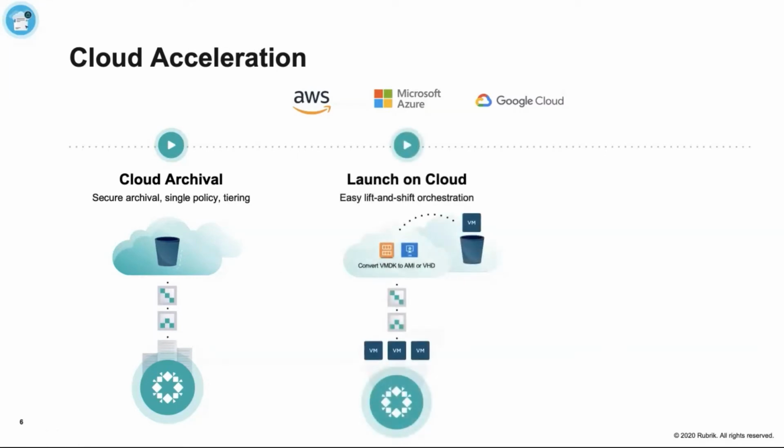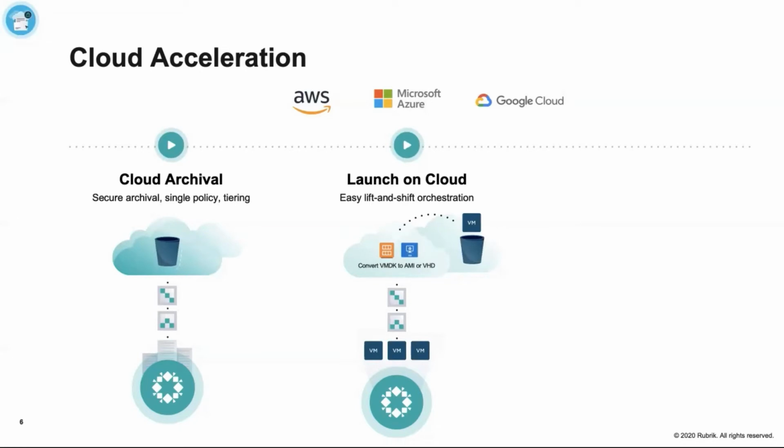The next core bucket of what we do is the ability to instantiate data to the cloud, or launch on cloud. So if we use, say, AWS as an example, we can take data and push it to an S3 bucket for long-term retention. And then we can actually take that data that's living dormant in an archive and instantiate it to live in the cloud and run as an AMI in an EC2 instance. And our software will handle that conversion from a VMDK to an AMI. So we can do things like disaster recovery workflows,